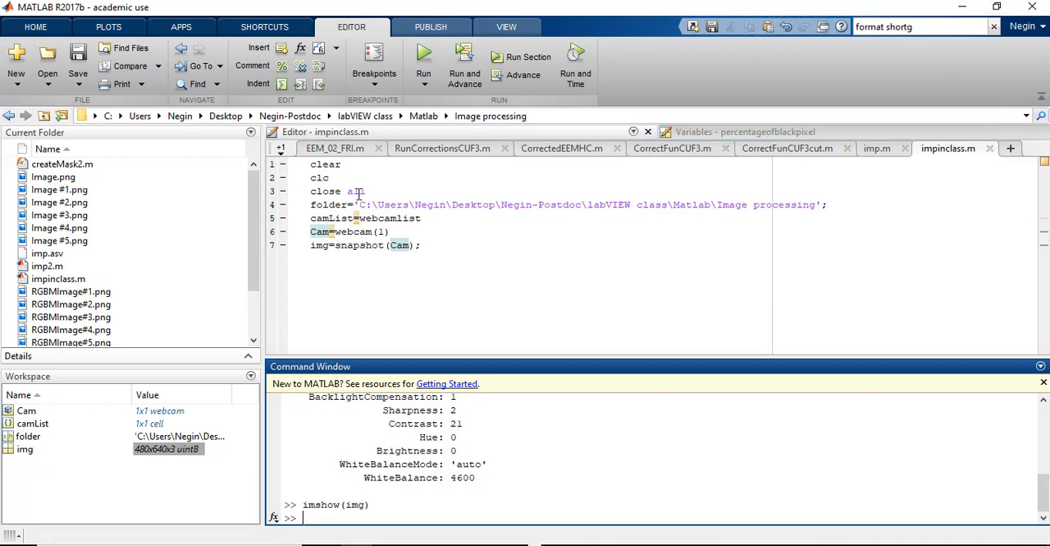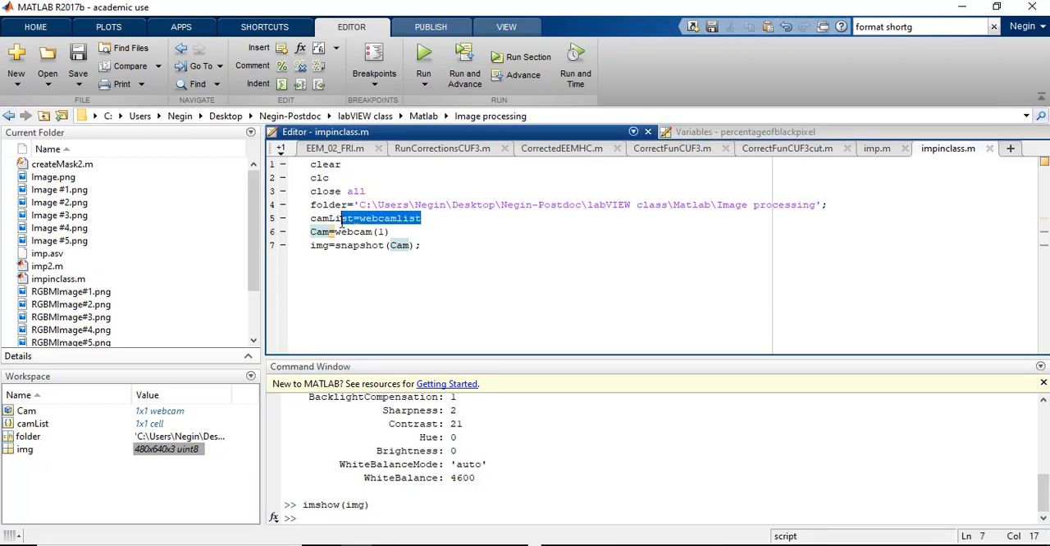So far you have learned how to detect a webcam with your MATLAB and then take a picture or a snapshot of your picture. But that's not enough. You need to save that picture. So for example,